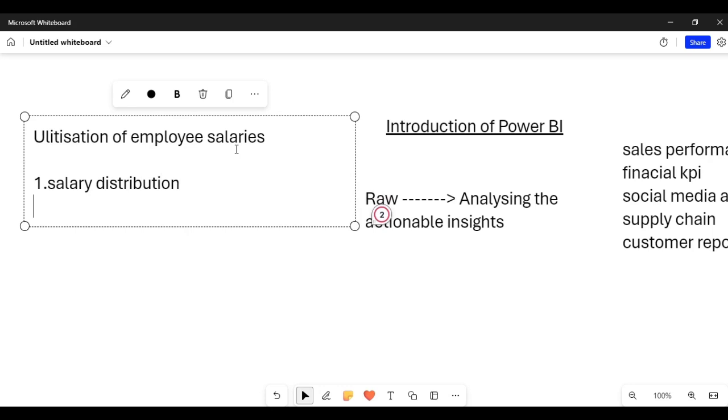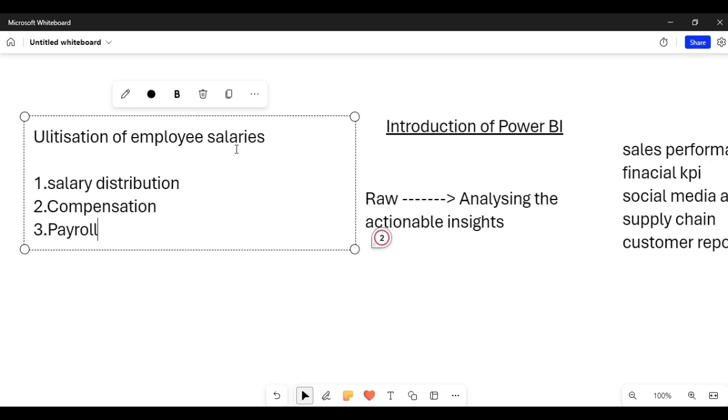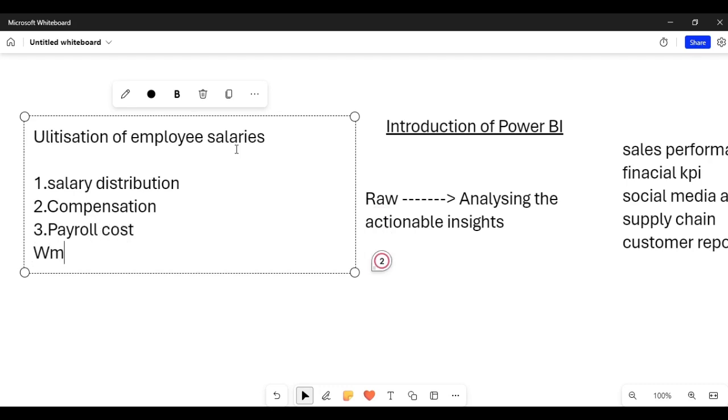Next one is compensation cost. Next one is employee performance and salary disparity identification to overcome the bonus and employee turnover analysis, and then departmental salary breakdown. So based on that, we are leveraging Power BI with the employee salary data, so the organization can gain valuable insight into their compensation structure and make informed decisions and ensure fair and competitive remuneration